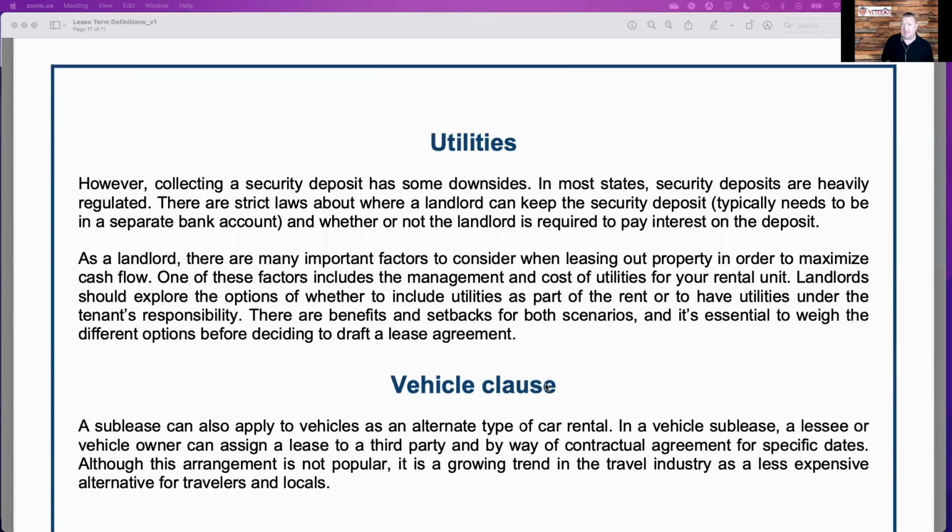Next thing is just going to be utilities. Utilities are going to be, again, one of those clauses that should be pretty close to the first page. The utilities clause will include what utilities are included with the rent and which ones are not. So you can just say utilities included with this lease are this, and then you can also say the resident is responsible for these utilities. So you're very clear about which ones are paid for with the rent, which ones are the resident's responsibility, and what is to happen.